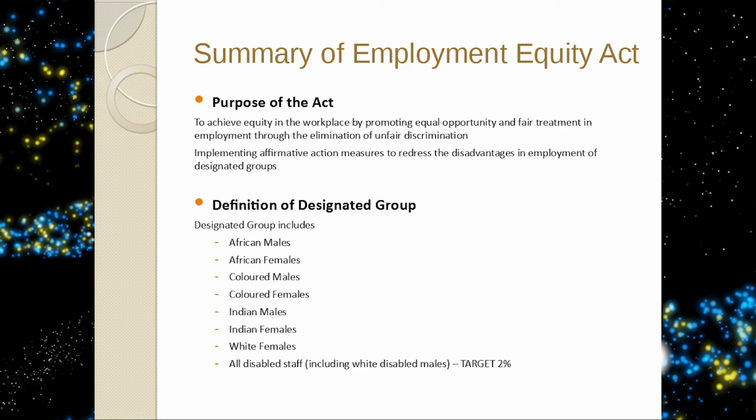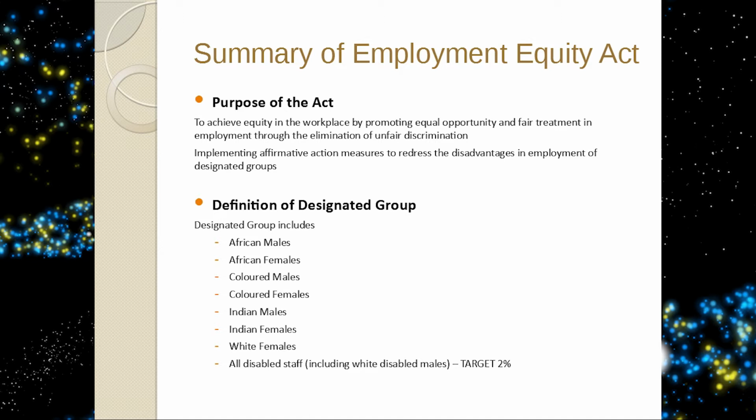Definition of designated groups. Designated groups include all your African males and females, all your colored males and females, Indian males and females, as well as white females, and all disabled staff. Okay, when we are talking about designated groups, your white females are still included for employment equity legislation purposes. Remember, this act is different from the BEE legislation. This is employment equity, and within the employment equity ambience and legislation, white females are still included, as well as